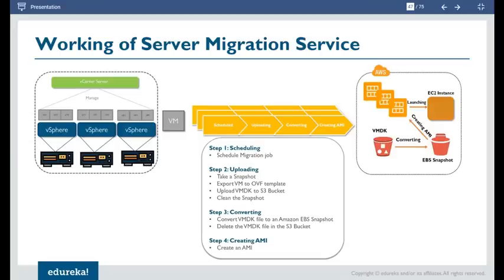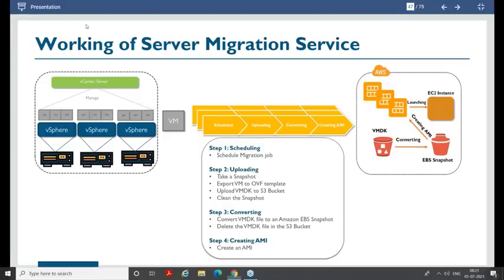You can use that EBS volume as a root device and build a new AMI. This is how your Server Migration Service works. And all of this status can be reviewed in your Migration Hub: schedule, uploading, converting, creating AMI.